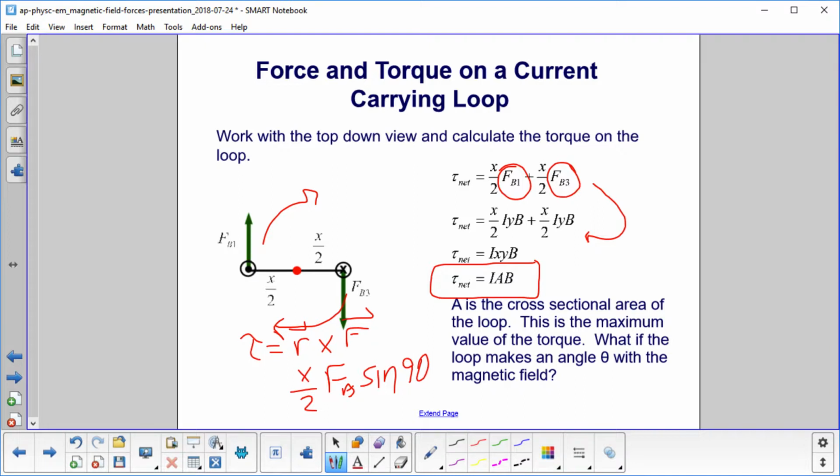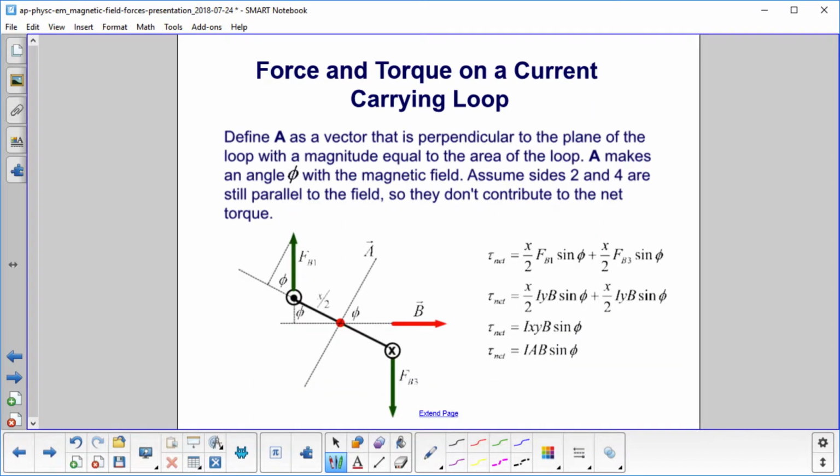What if the loop makes an angle theta with the magnetic field? What do we do then? We've done the two extreme cases, right? We've had 0 degrees, which is the one we have now, and earlier we did 90 degrees. Now define A as a vector that is perpendicular to the plane of the loop, and it has a magnitude equal to the area of the loop, and we did the magnitude on the last slide. A will make an angle of phi with the magnetic field. We will assume sides 2 and 4 are still parallel to the field, so they don't contribute to the net